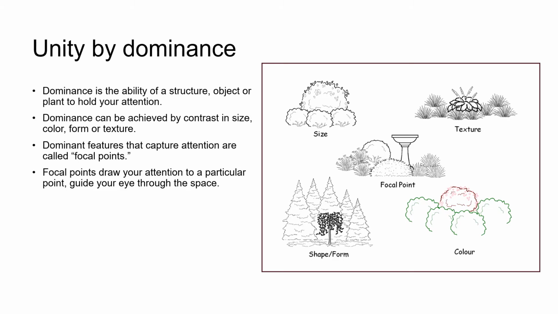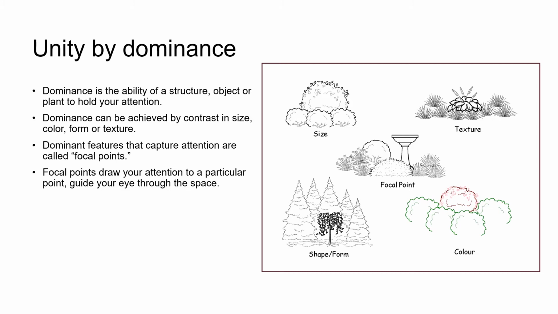It can be an object, such as a piece of sculpture or a water feature, or it can be a plant. Dominant features that capture our attention are referred to as focal points. When we're using a plant as a focal point, we often refer to the plant as a specimen plant. Focal points draw our attention to a particular point and guide our eye through the landscape. Without a dominant feature in a composition, our eye tends to wander restlessly through the landscape because it has nowhere